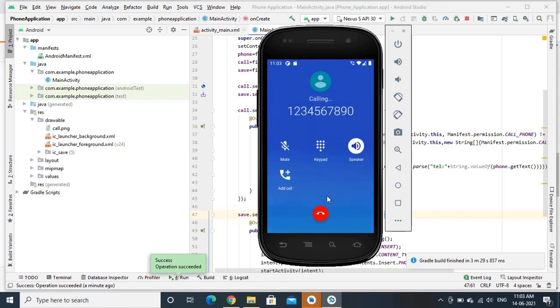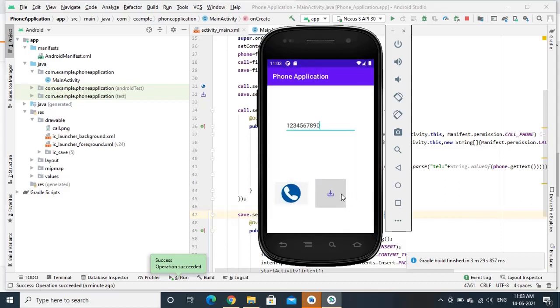The call has been placed. So the call function is working correctly, and next we'll see whether the particular number we have given is possible to save. To save the number, we click on this save button.